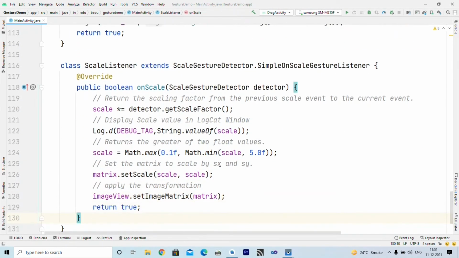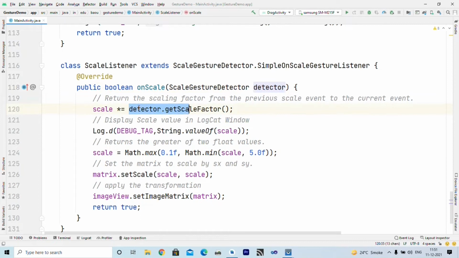But the heart of this is the scale listener. Whenever the user tries to scale using two fingers, it returns a ScaleGestureDetector object as an argument inside onScale.